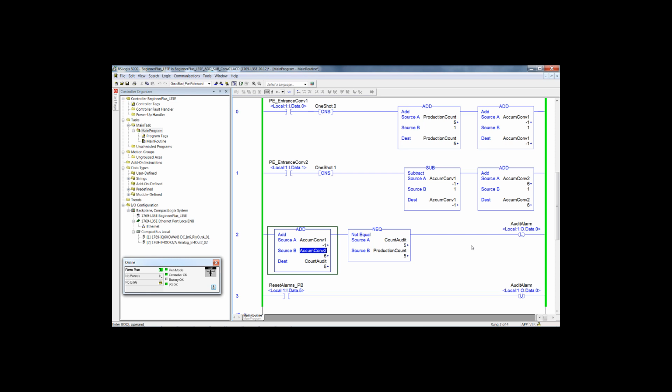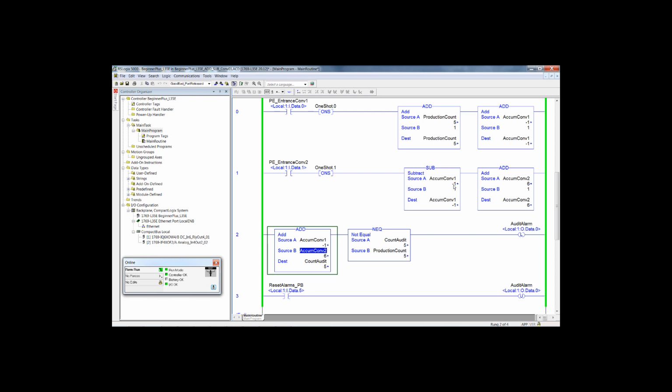So this logic didn't work because if you add a -1 and a 6, you end up with 5. And the audit count matches the production count. So the production count is the bona fide count in the system. Conveyor 2, though, says it has 6, which is a miscount. This -1, you can't have a -1 carton on conveyor 1, so we have to do